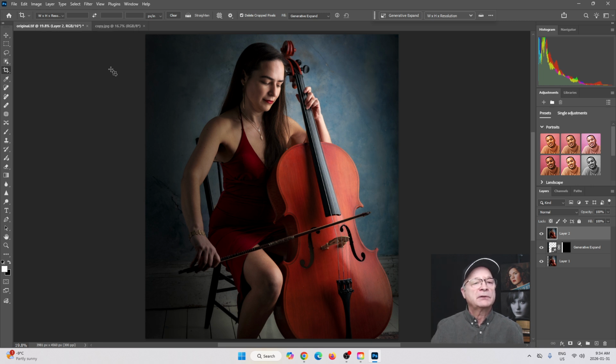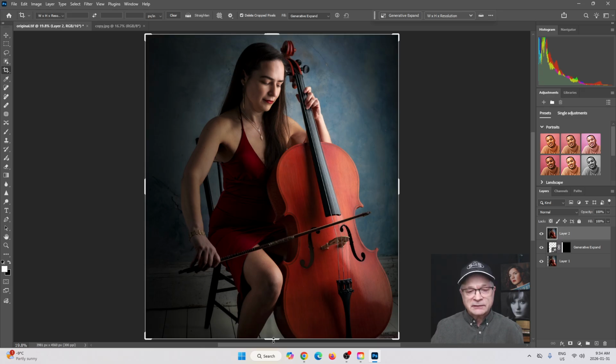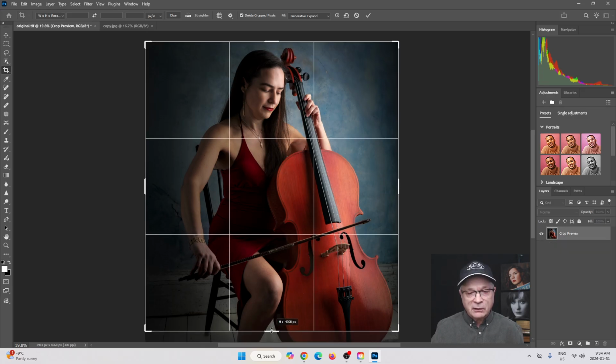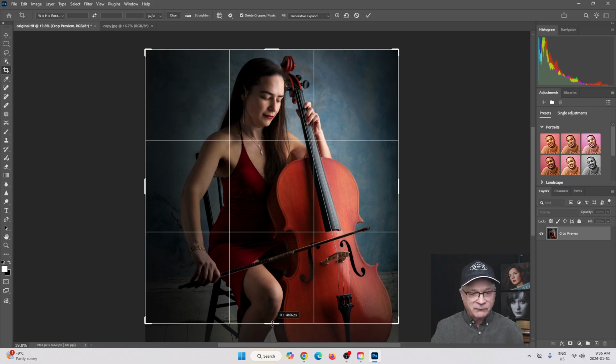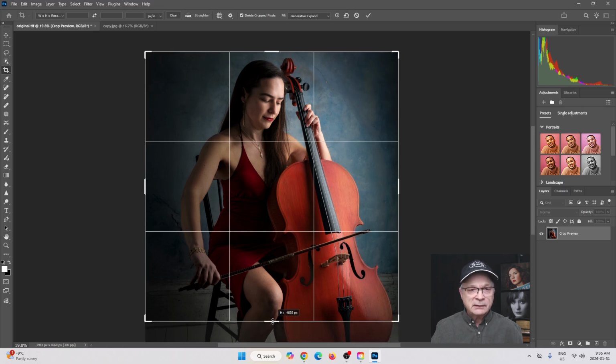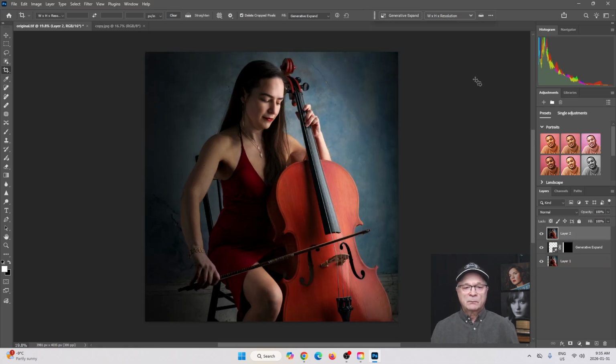So let me just get that out of the way. And let's go to crop. And I'm just going to take this up just below the knee, but still on the shin, so that it still looks like she has a leg. But I'm getting rid of a lot of that floor detail that we don't need. And that should bring us up toward her. So let's go ahead and crop that. Okay, perfect. So now we didn't cut off at the knee, we never do, and it still looks like her full leg, but because we don't have the floor boards to look at, it's really focusing us much higher on the image. I agree, nice.